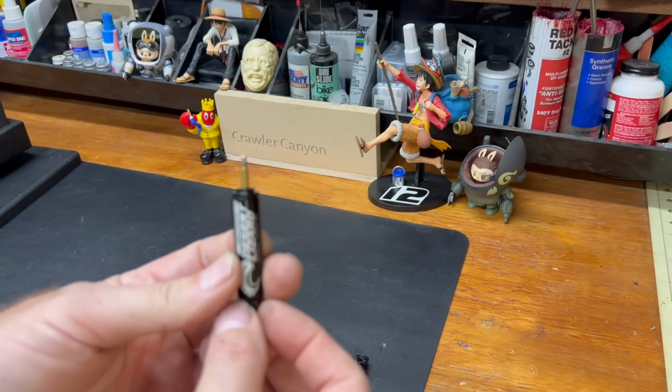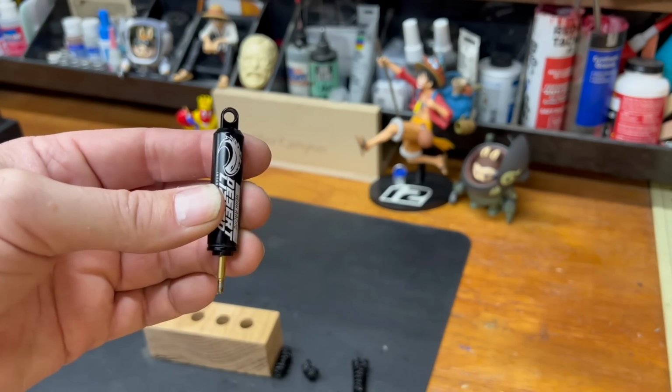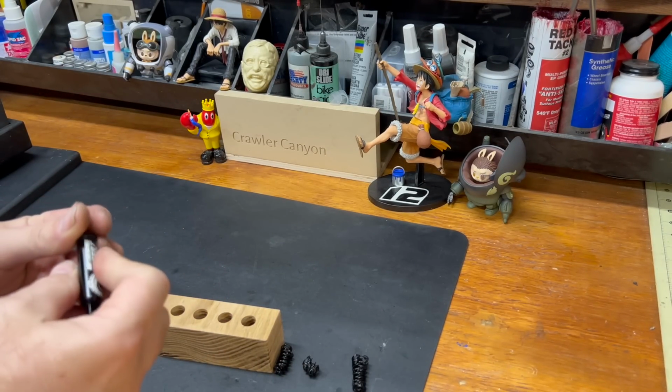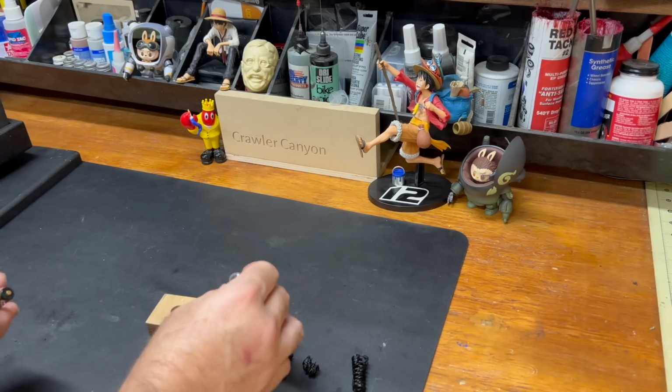Now that is set up to run this way. If you put them like this, it's not going to be great. You're not going to have a lot of wheel contact. So I recommend the Desert Lizard unless you have some sort of physical obstruction stopping you in the build of